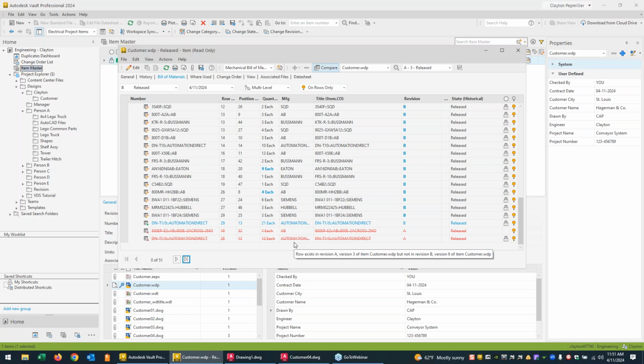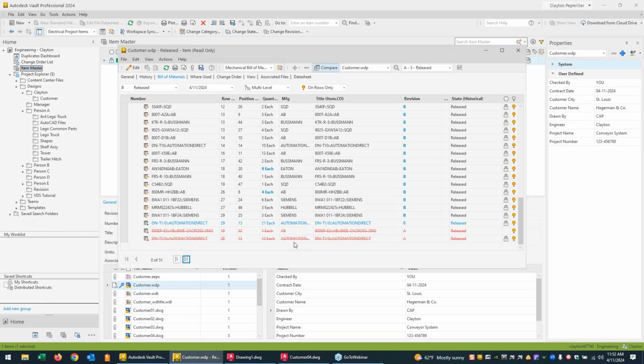Now, if you think about your day-to-day work, you do release A of a project. You run all your electrical reports, you give the bill of material to your purchasing guy. He orders everything. Customer comes back and says, oh, we decided we want these options. So you completely revamp the drawings, just like I did. You run a new report out of AutoCAD Electrical, sure, you get another spreadsheet that shows the current status. You give that to purchasing. How does purchasing know what's new and what's not? What's been deleted? What's been added? All he can do is compare the old spreadsheet to the new one, line by line, and figure out what